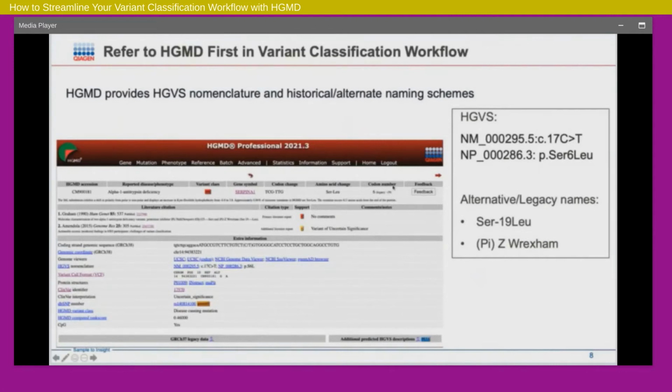Again, I have the codon number and the legacy codon number available in this view. And I have the primary literature report for the first time this variant was published, as well as an additional report. And so at this point, I can be confident that when I'm talking about this serine 6 leucine, it's the same thing mentioned in this primary literature,